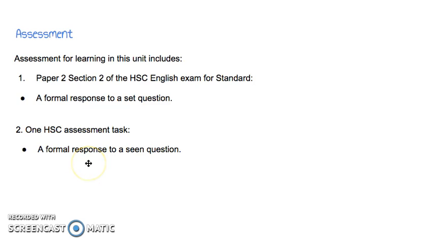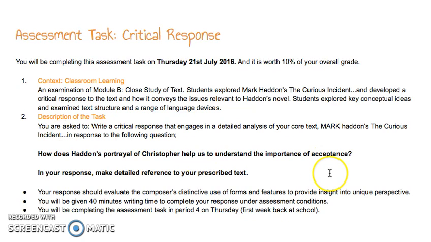Number 2, which you will be completing the first week back of school, is your assessment task. And again, a formal response to a seen question. Assessment task is a critical response. So I just want to focus on what you're going to be doing in the first week back. So you will be completing this assessment task on Thursday, the 21st of July, and it is worth 10% of your overall grade. Now, don't be